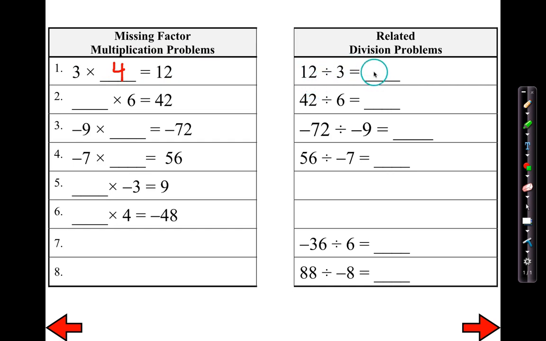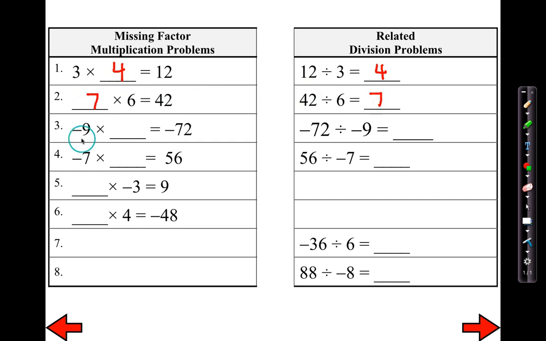So here, you can think of it as what times 3 gives me 12? It's going to be 4, because we know 12 divided by 3 is 4. So let's try this again. What times 6 equals 42? 7. Okay, so here, that means 42 divided by 6, which is going backwards, 42 divided by 6 must be